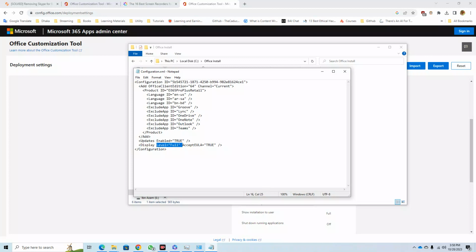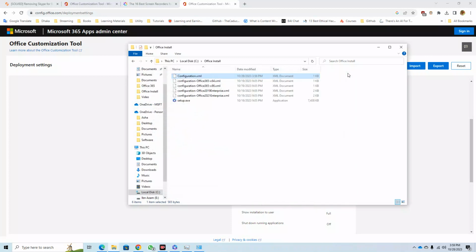So update, if you want to get updates. I want terms and service to be automatically accepted, so I kept it true. Now to install,